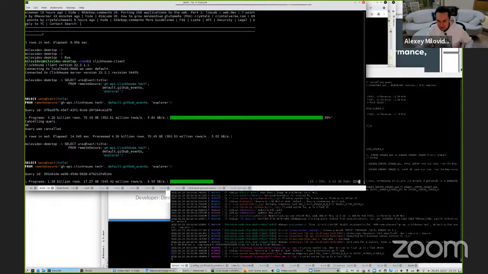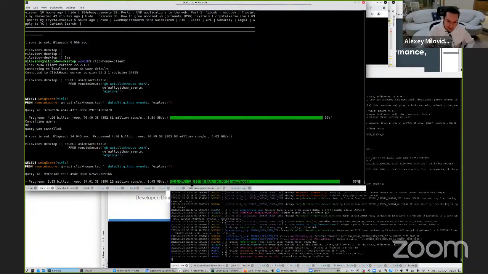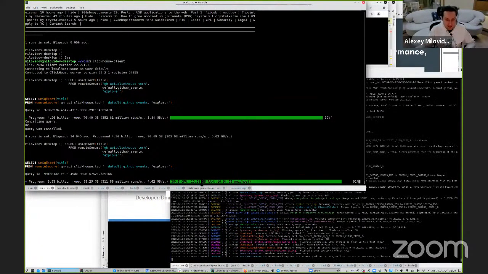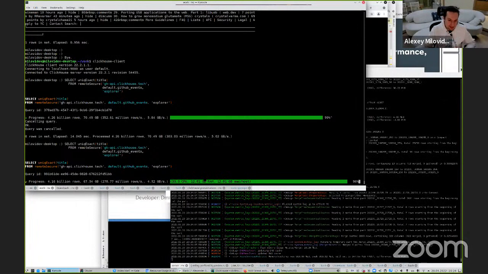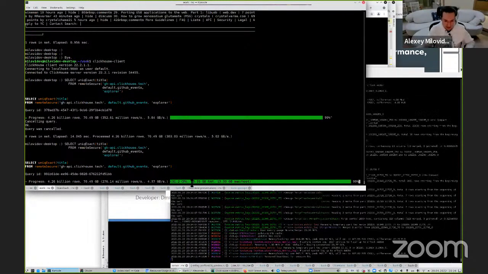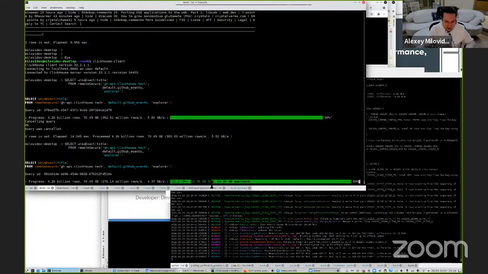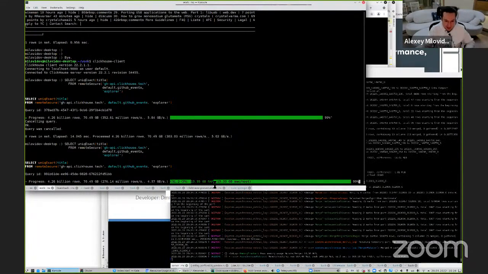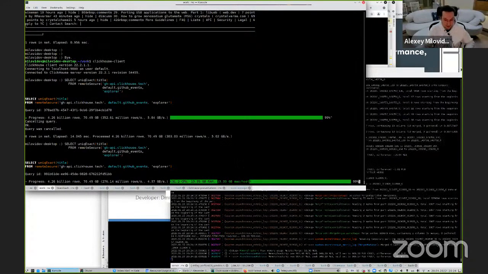Okay, here it is. 20 CPU cores and 5 gigabytes of memory, 7 gigabytes, 10 gigabytes. And if multiple servers participate in a distributed query, it will show you two numbers: memory consumption in total and maximum memory consumption per host.